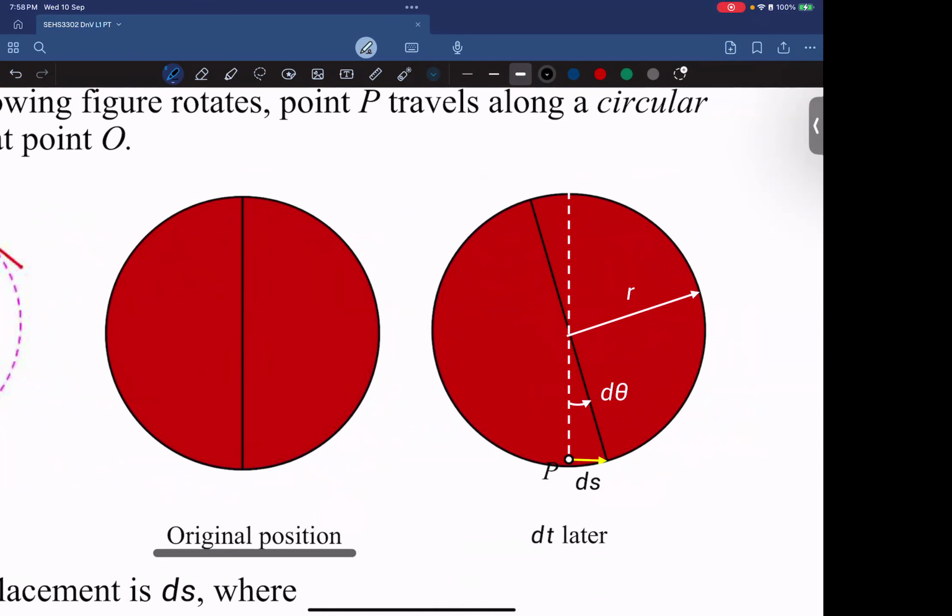After a very small time period dt, it has an angular displacement d theta. And we find as it rotates for d theta,